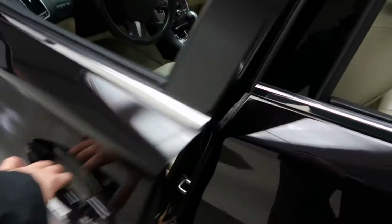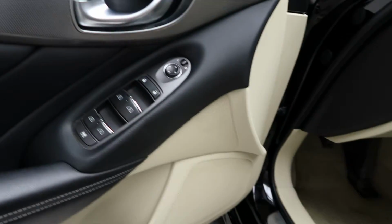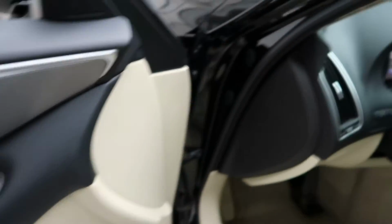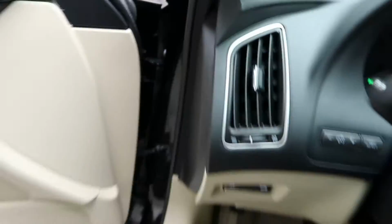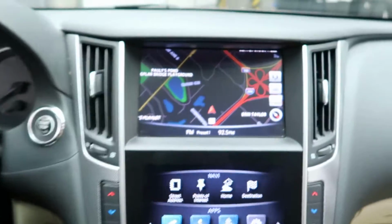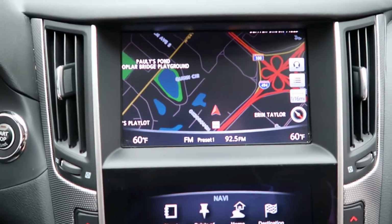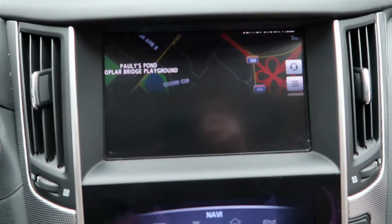keyless entry, illuminated door sills, power windows, power seats, got our steering wheel controls, navigation, push start ignition, rear view backup camera,